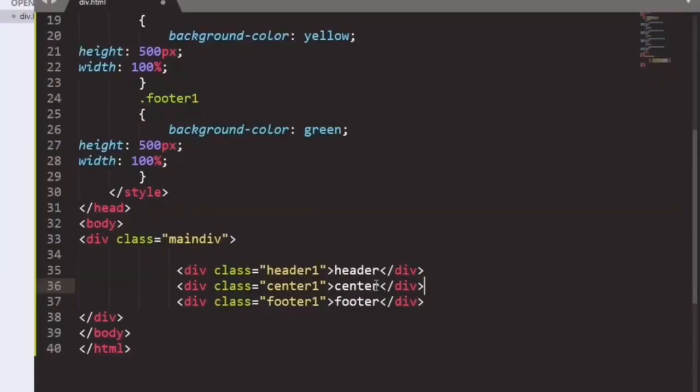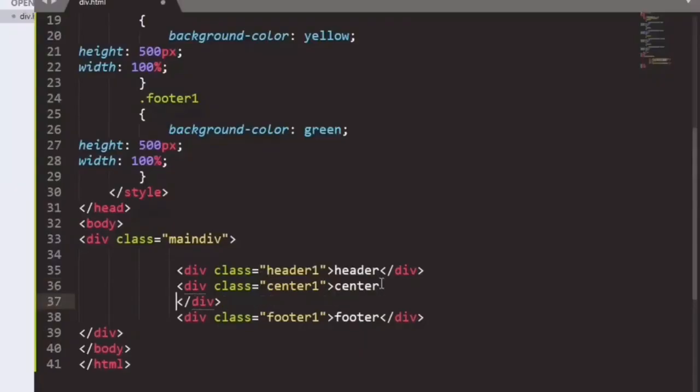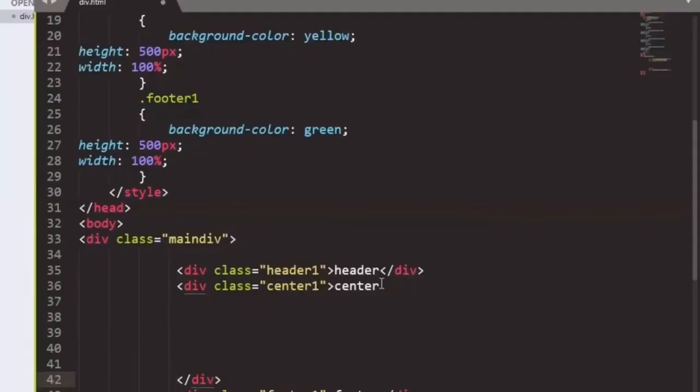So in this way we can create our div layout in any style according to your use.